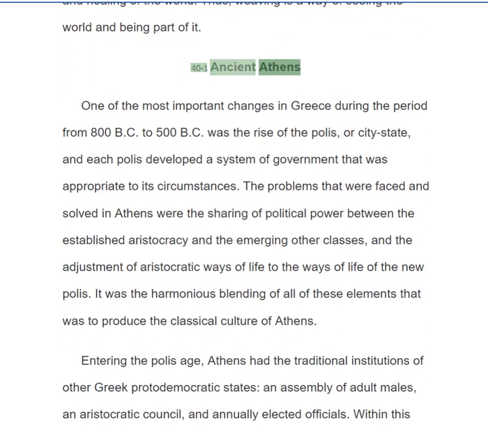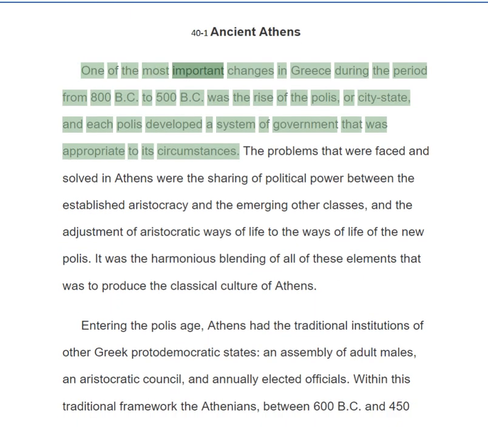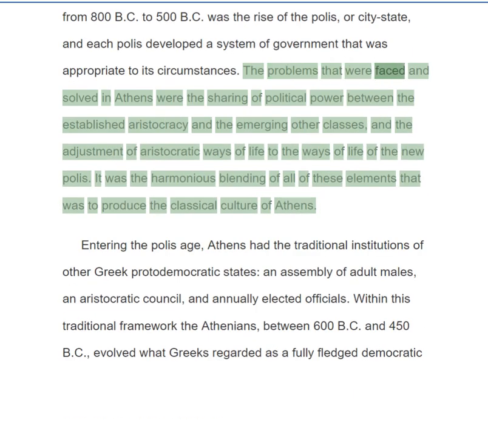40-1 Ancient Athens. One of the most important changes in Greece during the period from 800 BC to 500 BC was the rise of the polis, or city-state, and each polis developed a system of government that was appropriate to its circumstances. The problems that were faced and solved in Athens were the sharing of political power between the established aristocracy and the emerging other classes, and the adjustment of aristocratic ways of life to the ways of life of the new polis. It was the harmonious blending of all of these elements that was to produce the classical culture